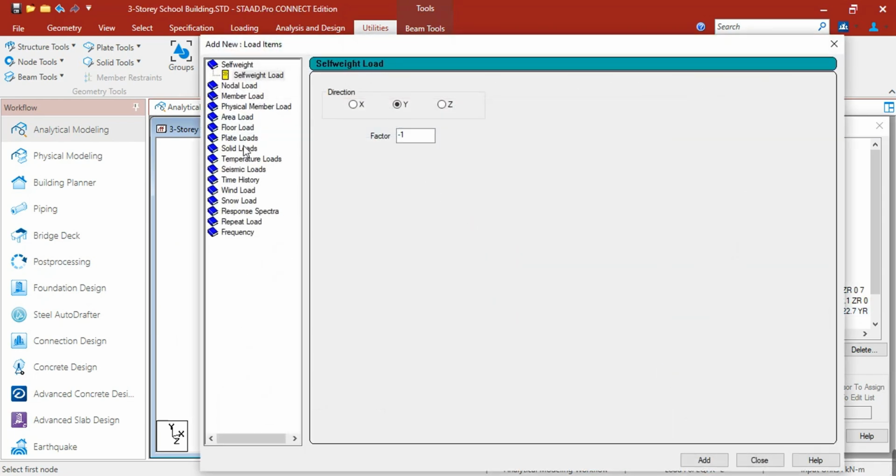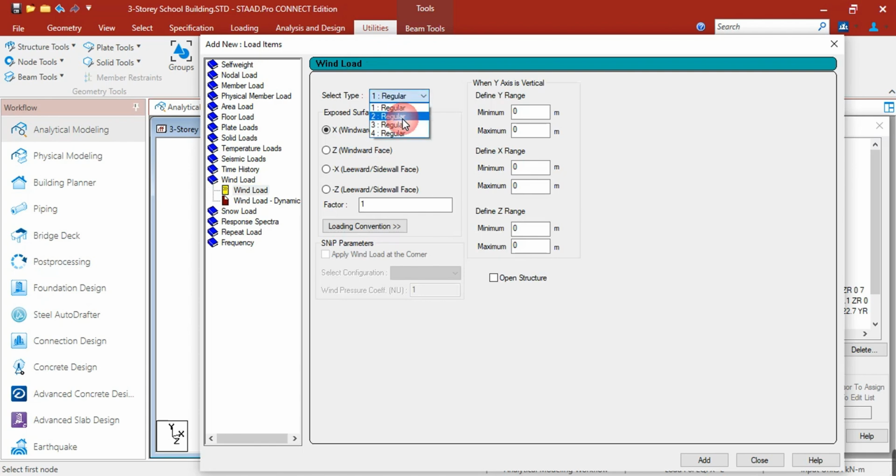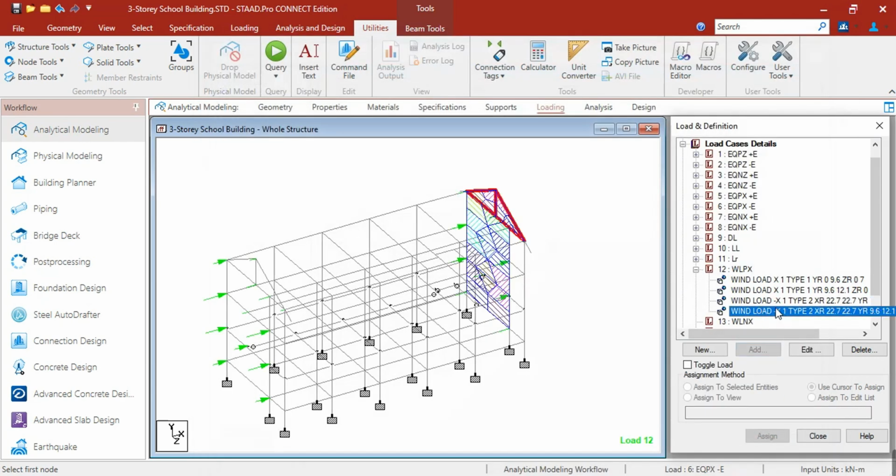Then for the roof area, still for leeward, the range is 9.6 to 12.1. X is 22.7. Z is from 0 to 9.5. Then click add. Okay, so this is now for the leeward.